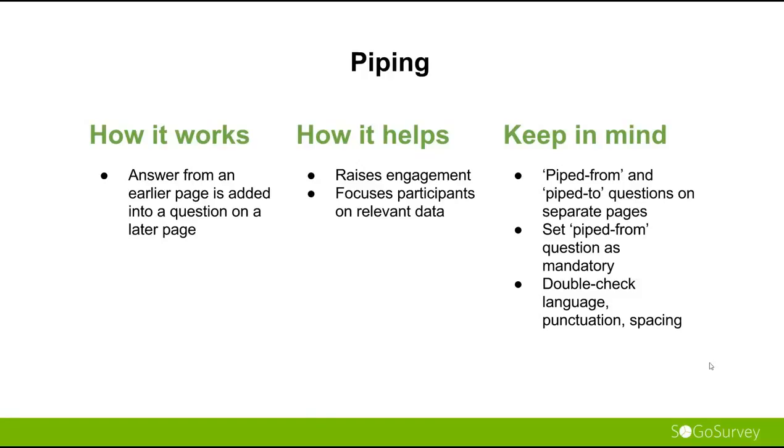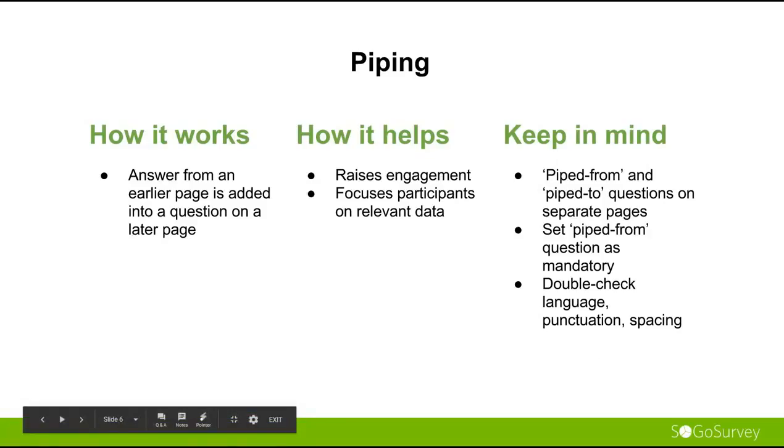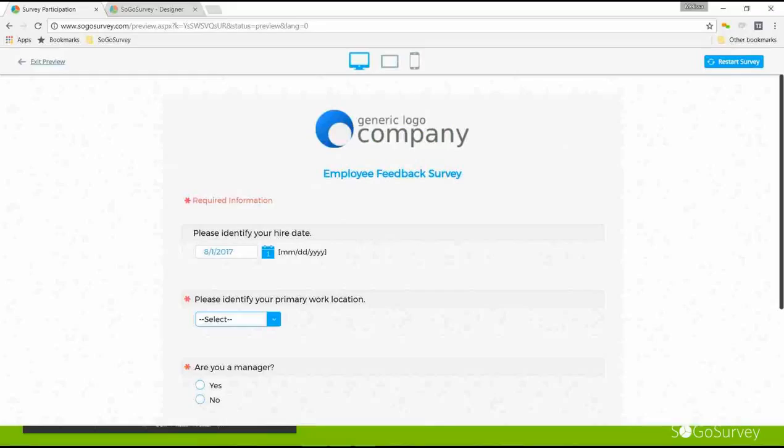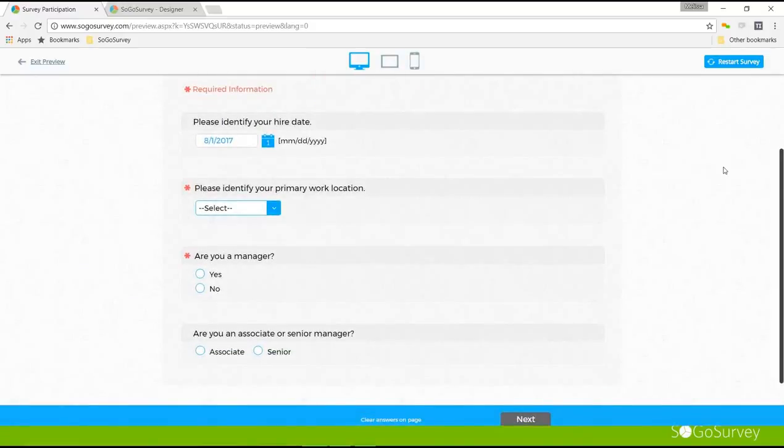I'm going to show you an example of what I mean by that in a relatively live survey. Of course, you'll see that it's a preview, but this is the one that we're using for our testing today. So on my first page of the survey, you'll see I have a little employee survey here, and I want people to tell me what their primary work location is. So I'm going to choose Apple Hill in this case. I'm going to say no, not a manager. We'll come back to some of these other questions later and other features. But on the next page, you're going to see